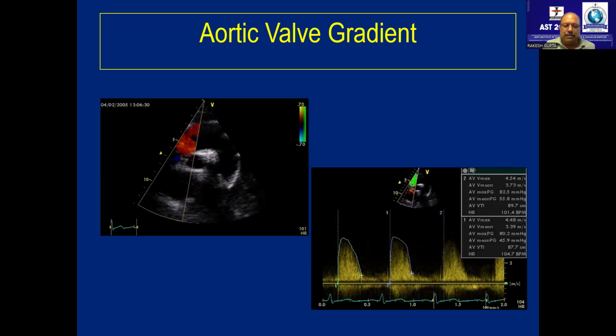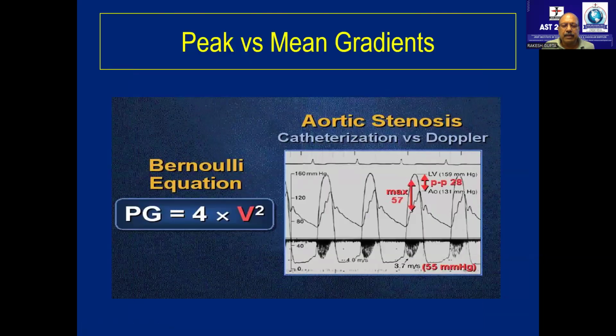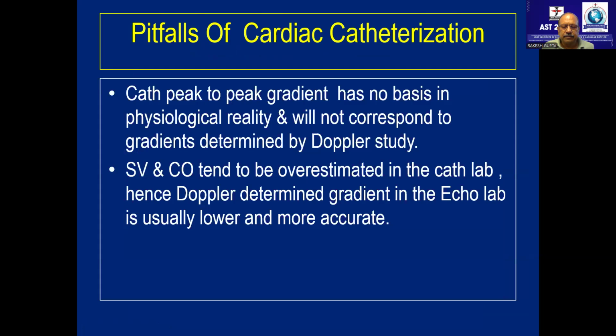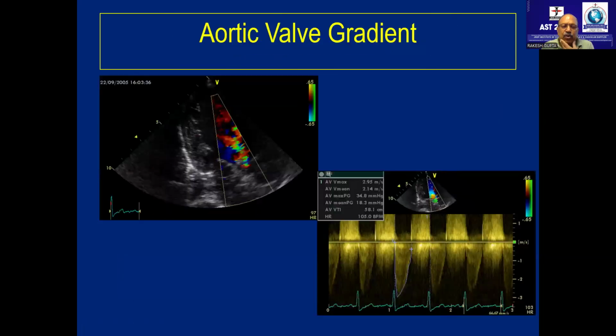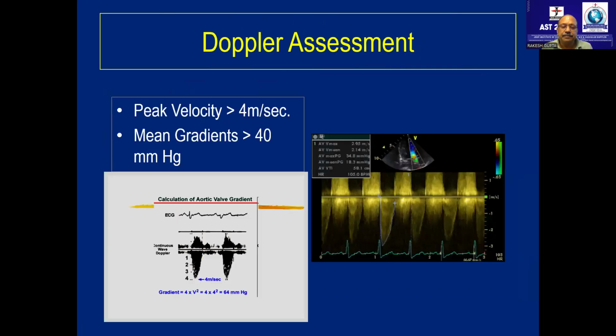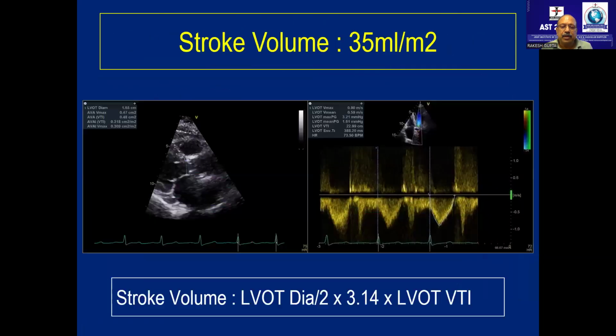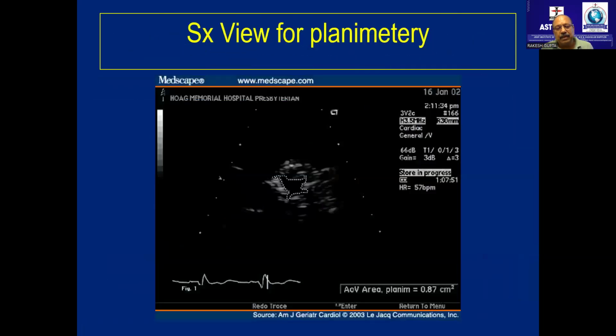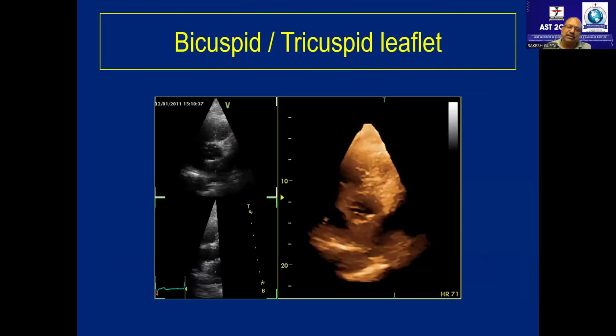So I'm done with the aortic valve. Anything somebody would like to ask about the aortic valve? Sir, sometimes the valve is bicuspid, but in diastole it will appear like three cusps. Always look at the opening of the valve, not the closing of the valve. Closing will look the same. It's the opened valve which looks bicuspid or tricuspid.